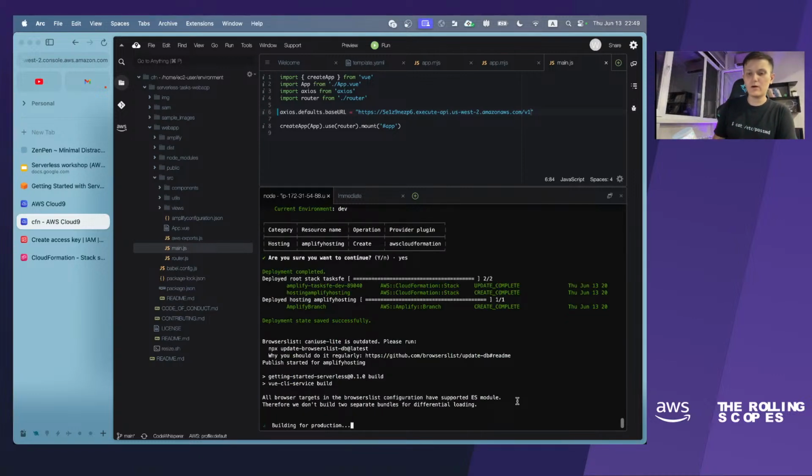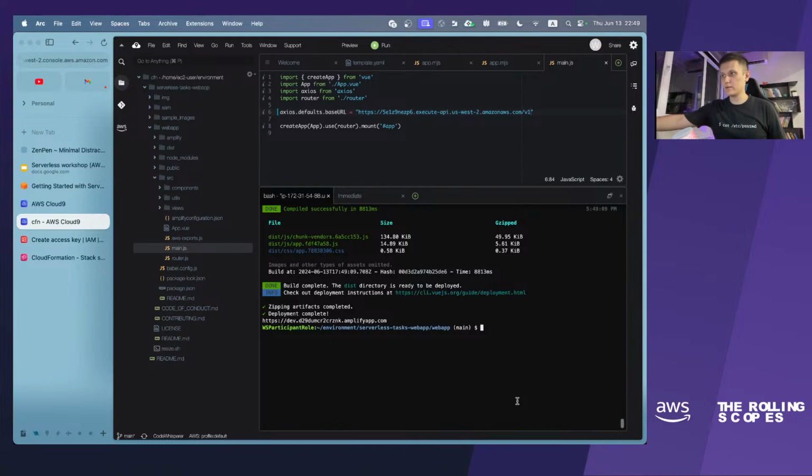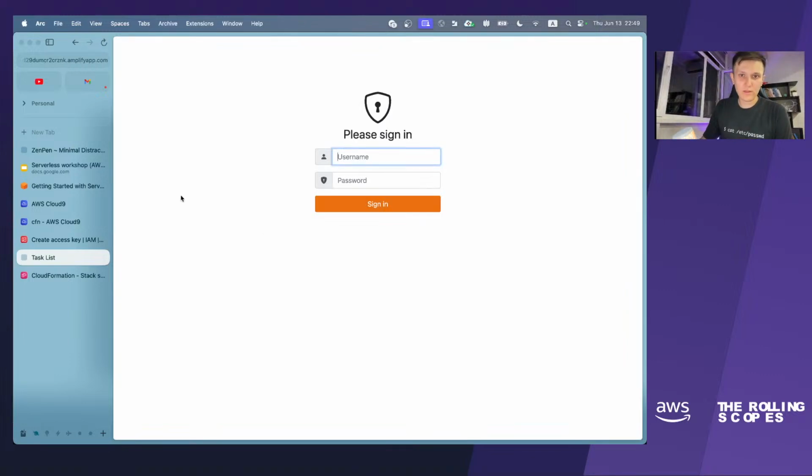So on the Amplify publish command, it will automatically build your front-end application, and then it will upload files from this folder to the proper bucket. Before publishing it will zip all the files and they will be unarchived in the cloud. And here we can see the link that could be used to test your application. Okay, great, it works.